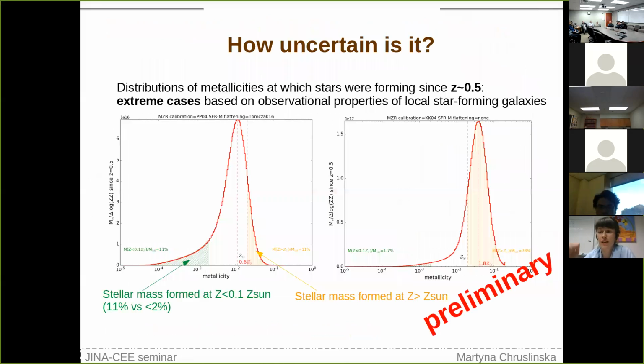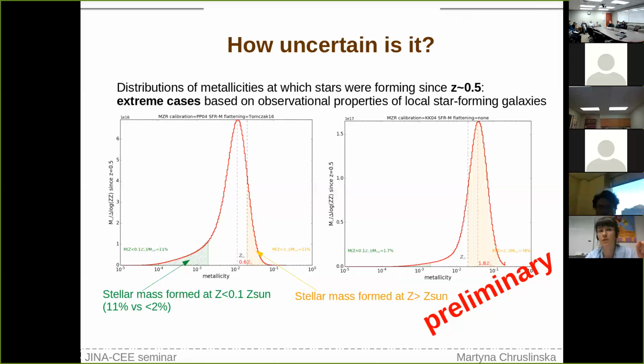Which brings me to my current project. So I'm trying to see what we can learn about this distribution by looking at the observational properties of star-forming galaxies. And in particular, I would like to see how different this distribution can be within the limits that are allowed by those observations. And as a preliminary attempt to answer the question, how uncertain is it, how different it can be,